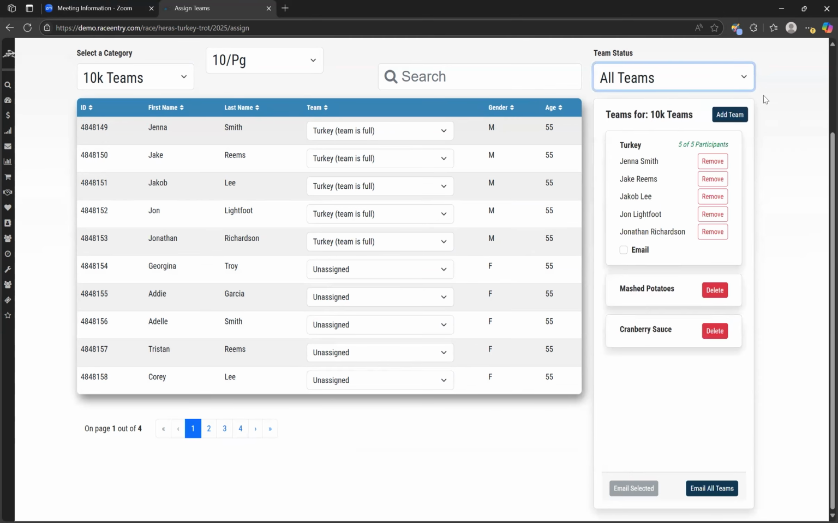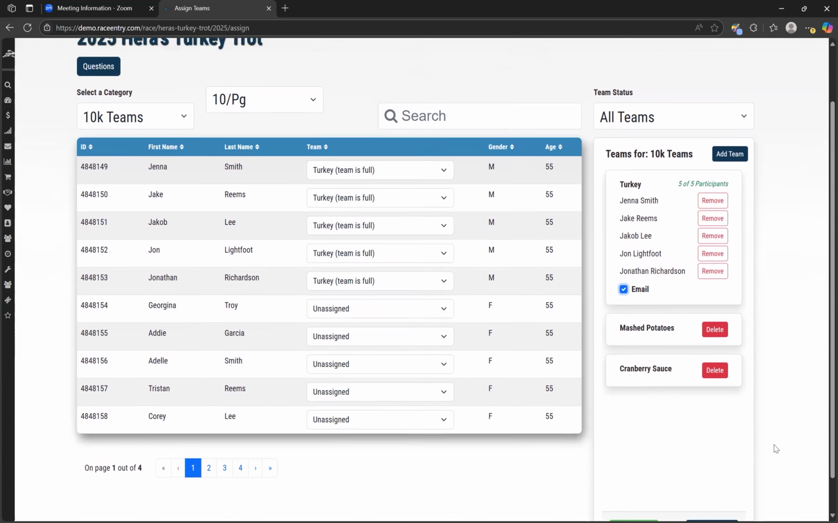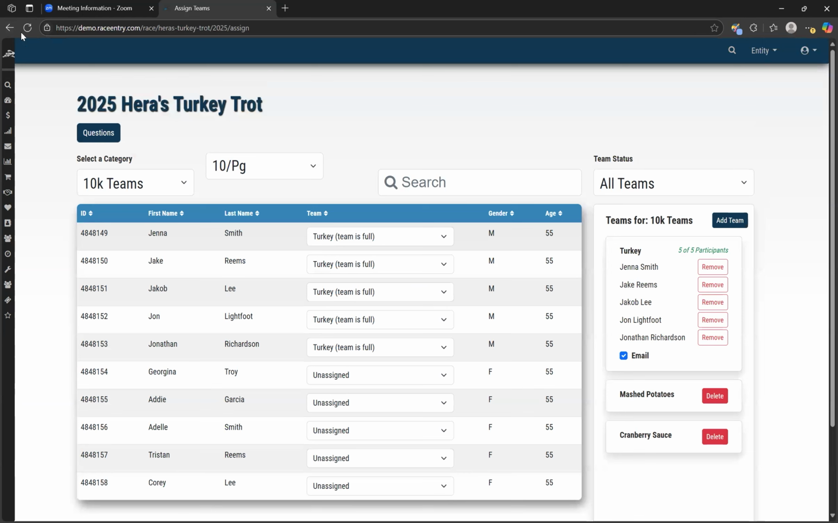And now if I look at all of my teams, I can email all teams, or if I had multiple teams that were full, I could check this email box and then just email the selected teams. So that's another handy tool on this view. All right, when we go back,